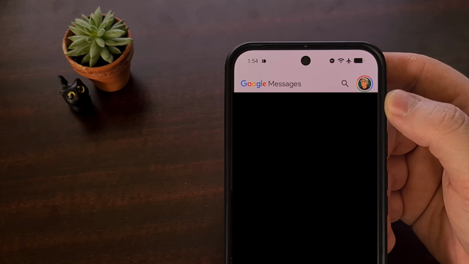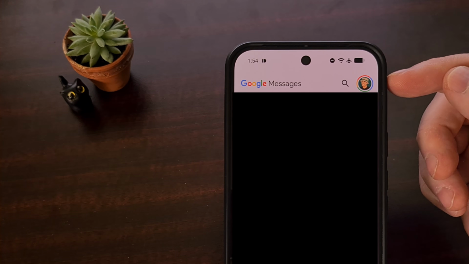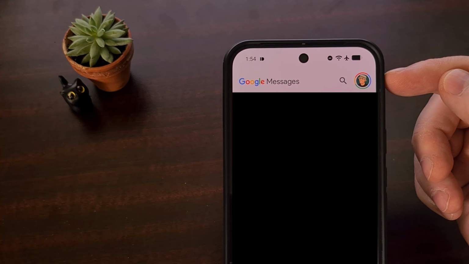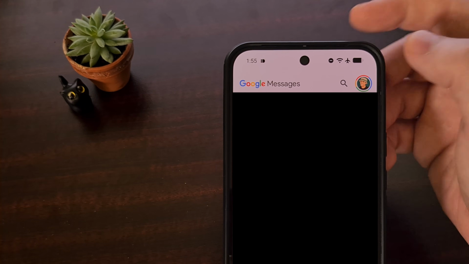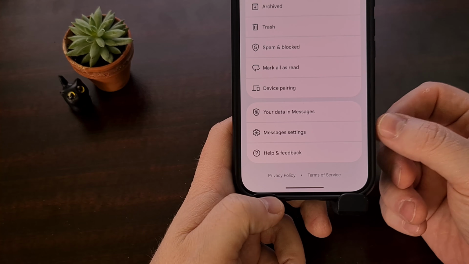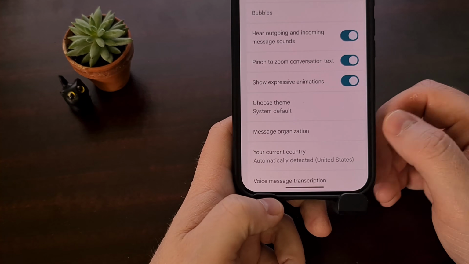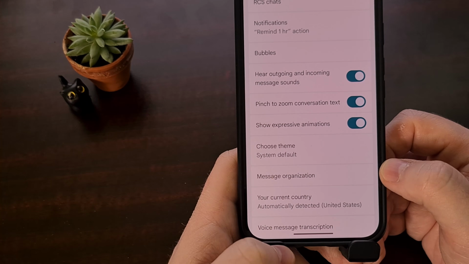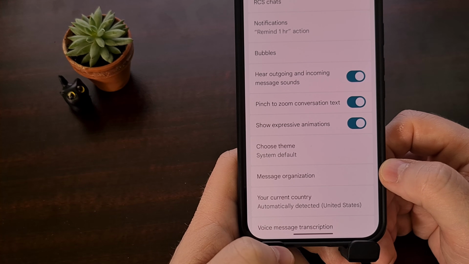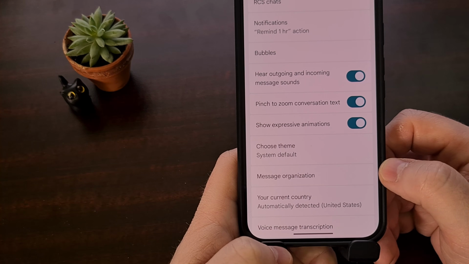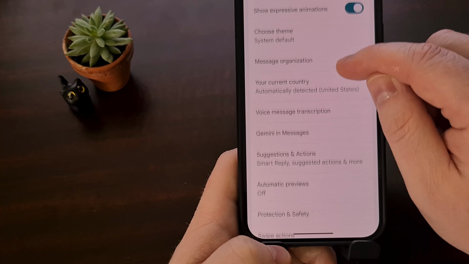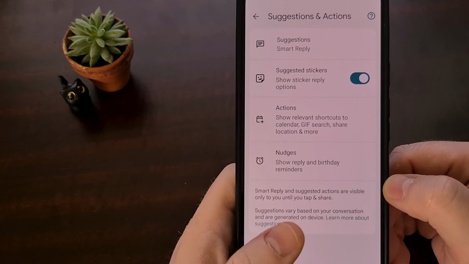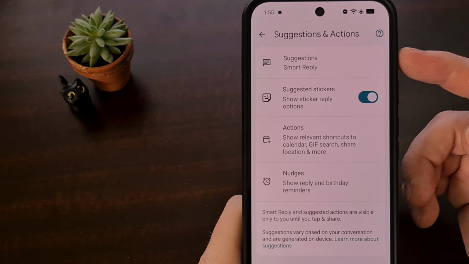You can enable the Tap to Draft feature within the Google Messages app by first tapping onto your profile picture in the top right corner. From here, you're going to want to look for the Messages settings at the bottom and tap into it, and then look for the Suggestions and Actions menu, because this is where you're going to see the Smart Reply Suggestion feature. But you actually need to tap on that from here, and then you're going to see the new Tap